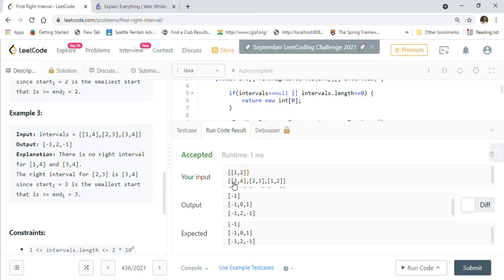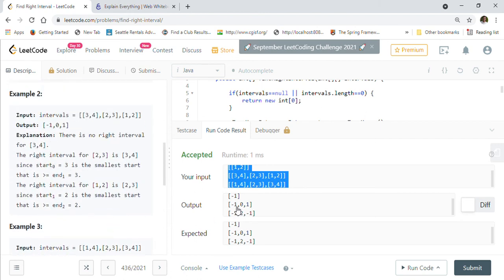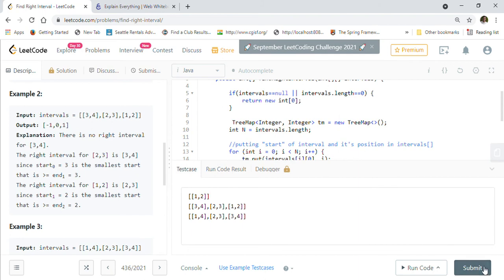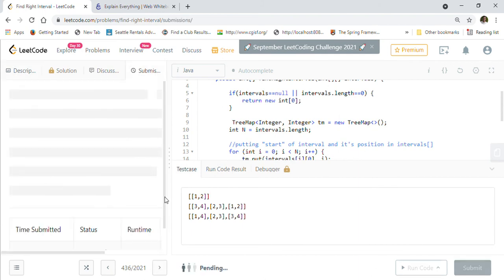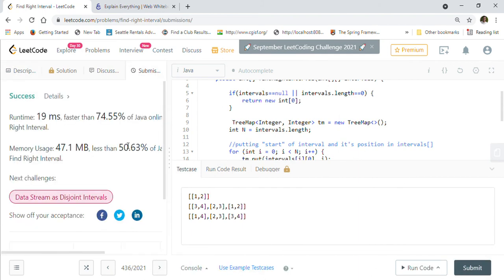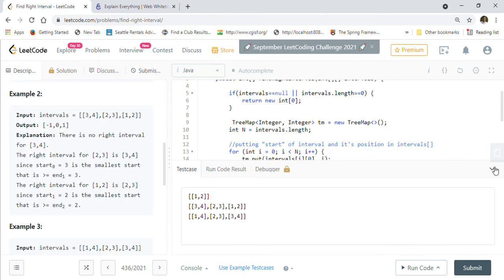The example we have seen, 3 4, 2 3 and 1 2, shows -1 0 and 1, so we are getting the correct result for that, and for the remaining test cases as well. So we will go ahead and submit this solution. Our solution got accepted with 75% runtime and 50% on memory usage using the TreeMap.